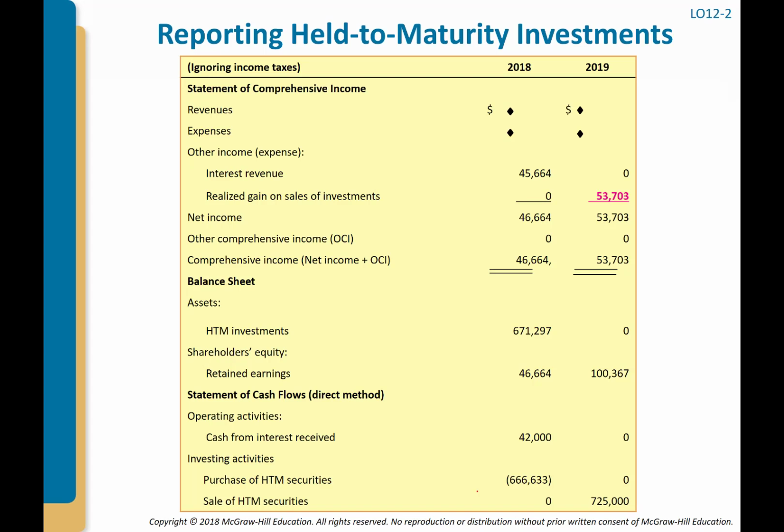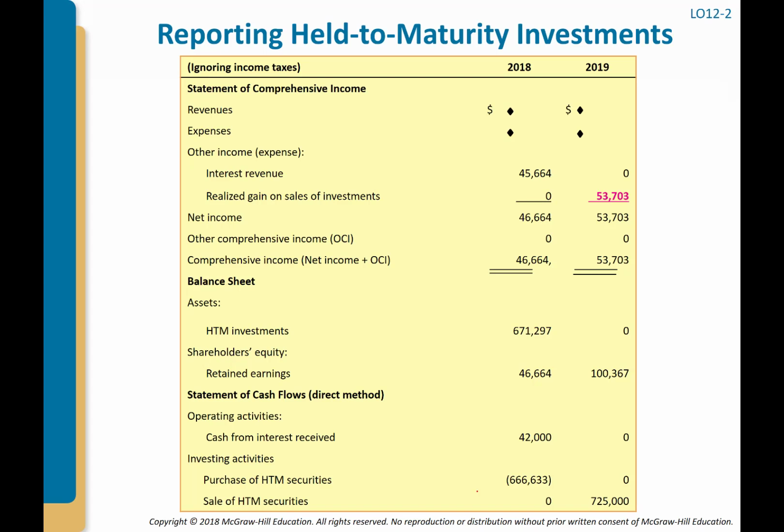We have that. Okay, and then what? Notice there were no other comprehensive income items for this held to maturity security, right? There's our interest, and they give us our what? Our interest revenue for year one or whatever it was. Yeah, 2018, the first 6 months anyway of that investment. And then what? Since we sold it right after that, there was no more interest, but we did have this what? This gain from the sale. Okay. Notice, guys, that these are not revenues minus expenses. They are not part of my operating income. They are non-operating items, but they are part of my net income on the